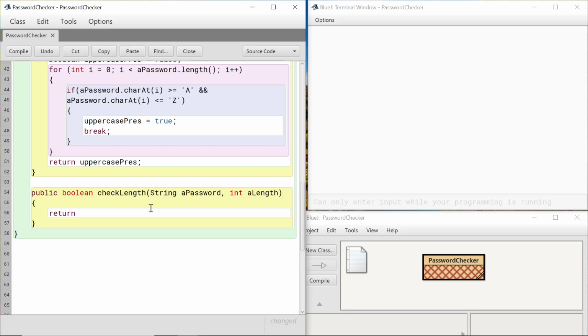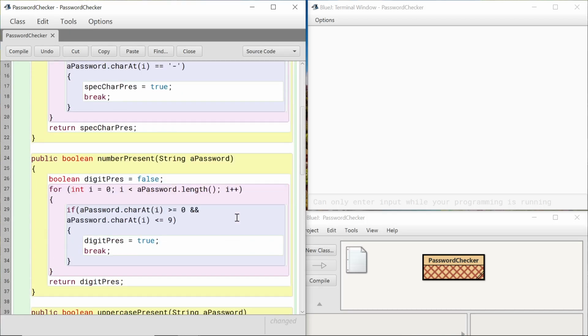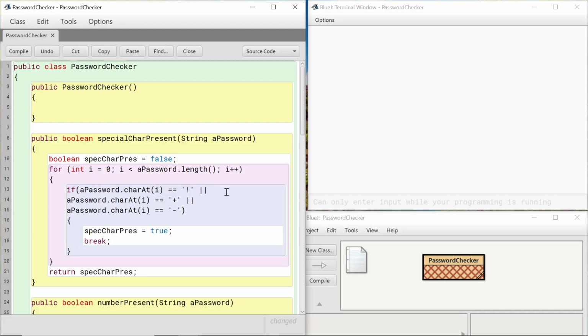Okay, so return password dot length is greater than or equal to a length. So that will return true if it is equal. Okay, or well, if the length is greater than or equal to it, so it's not less than it. Okay, so I think that is everything. Well, all the checking methods. So now we need to,